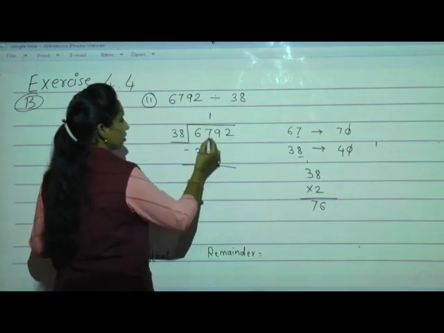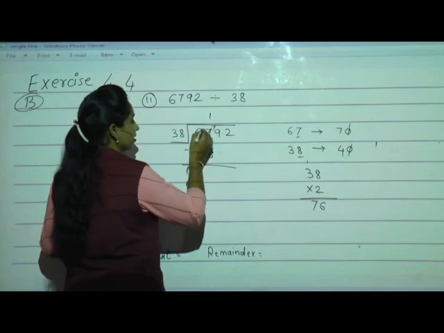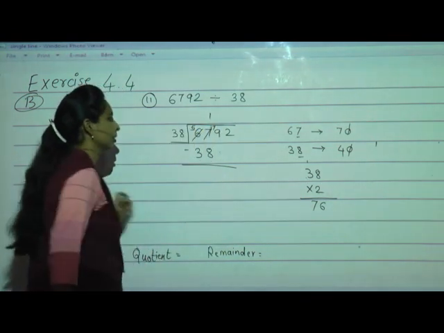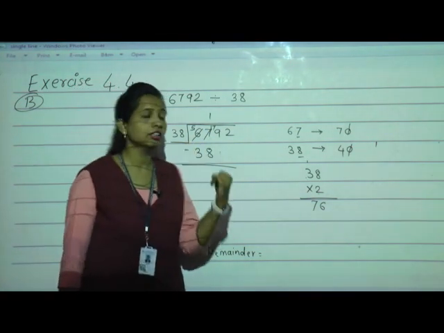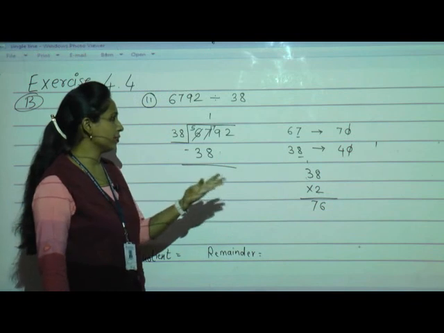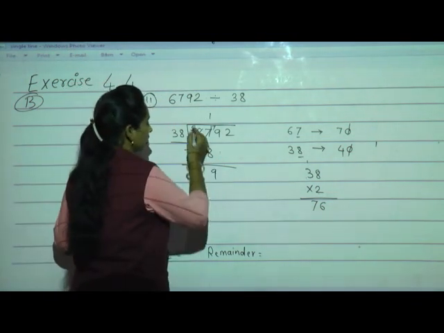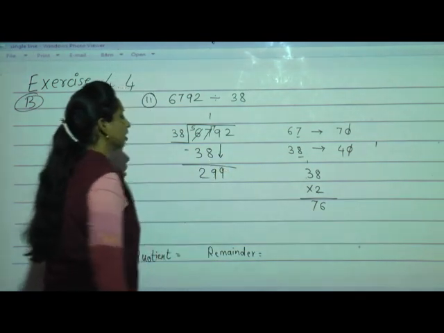Do the subtraction: 7 minus 8, we can't do. Cut the 7, write it as it is, and take a borrow from the neighbor. The neighbor is having 6, he will give 1, 5 will remain. Now count after 8 till 17 comes: 9, 10, 11, 12, 13, 14, 15, 16, 17. So 9. Now 5 minus 3 is 2. Now bring down the next number, that is 9.